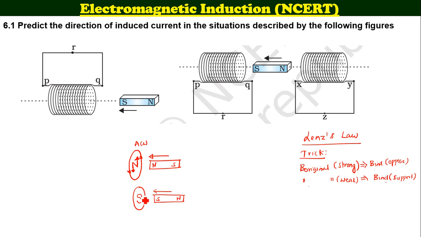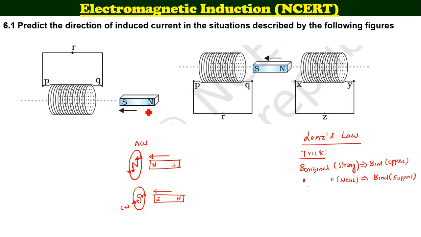So if you just take an arrow here and another arrow here, and take another arrow just beside this, another arrow just beside this, basically this will give you the direction of induced current. Okay, this induced current is actually in this fashion right now. So what is the direction now? It's a clockwise current. This is the trick that we need to use to solve all these questions. Let us get started with the questions right now.